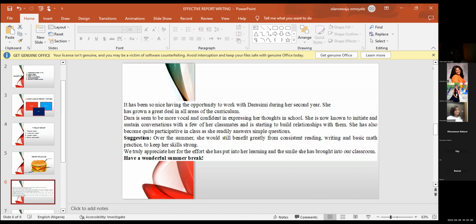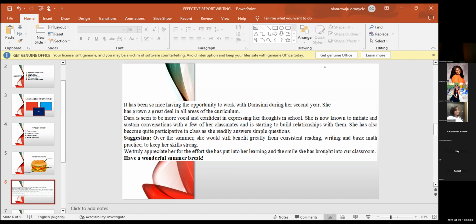She's now known to initiate and sustain conversations with a few of her classmates and has started to build relationships with them. She has also become quite participative in class and readily answers simple questions. Suggestion: over the summer, she would still benefit from some reading, writing and basic math practice to keep her skills strong. We truly appreciate her for the effort she has put into her learning and the smile she has put into our classroom. Have a wonderful summer break.